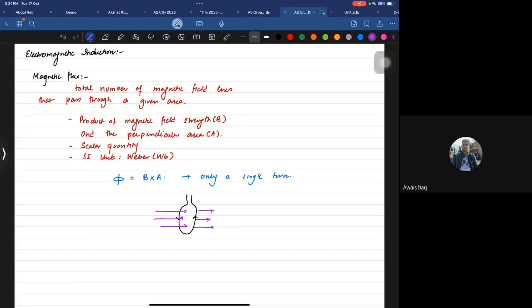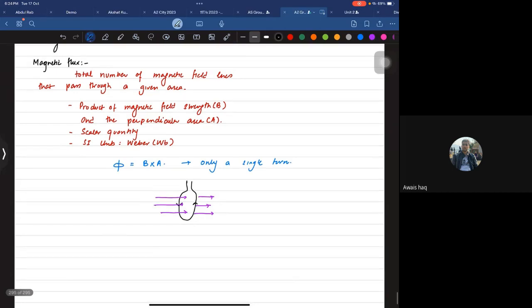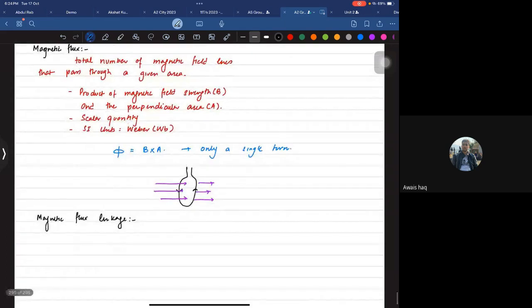So when you have many turns, we call this magnetic flux linkage. And magnetic flux linkage is the magnetic flux that links through